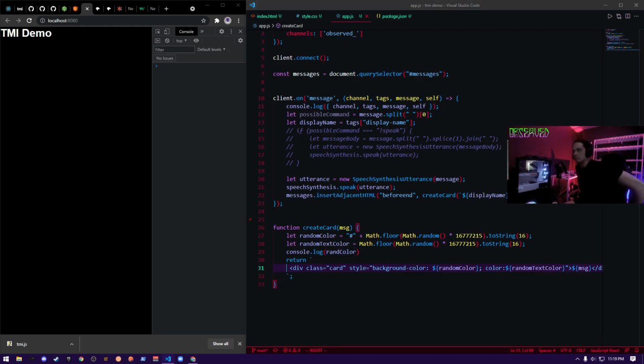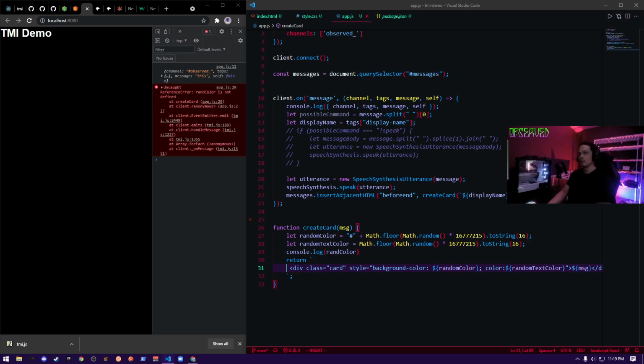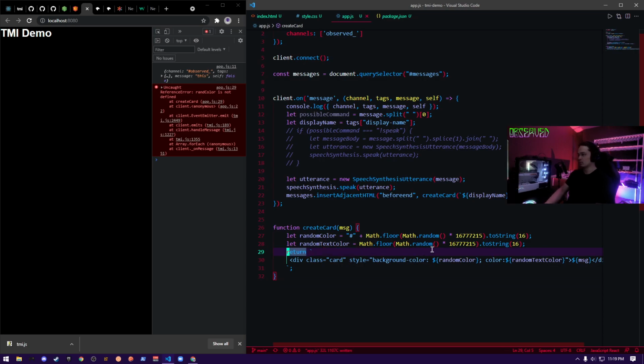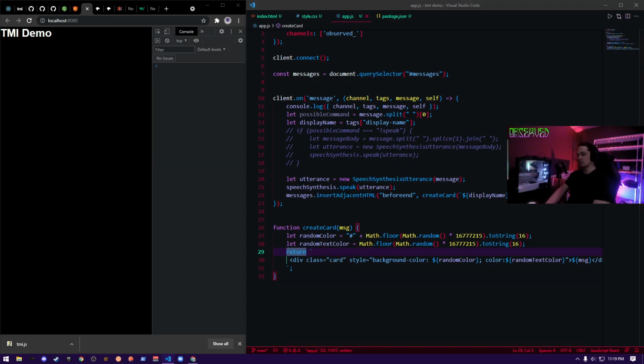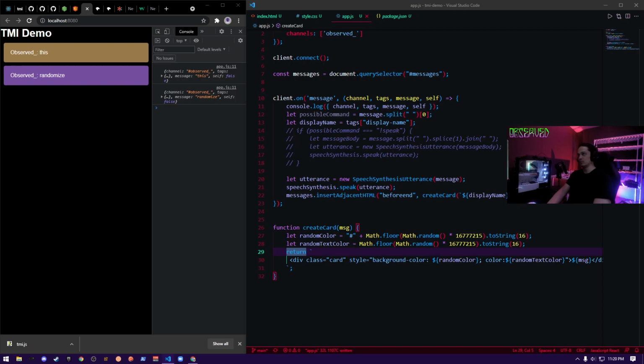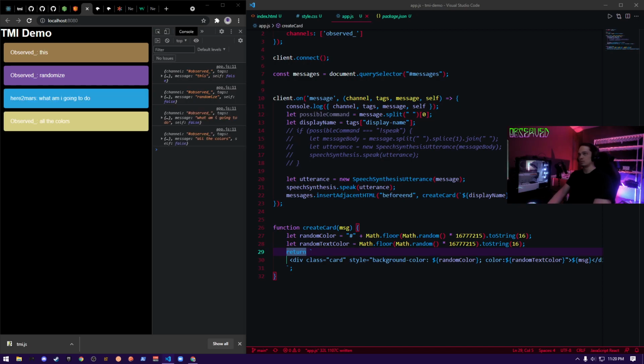Okay, so now when you type in, it's gonna randomize the color of the text in the background of each card. Whoops. So let's see. Okay, try that again. So now it's gonna randomize all the colors. It's actually not randomizing the text. I don't know why. Random text color is